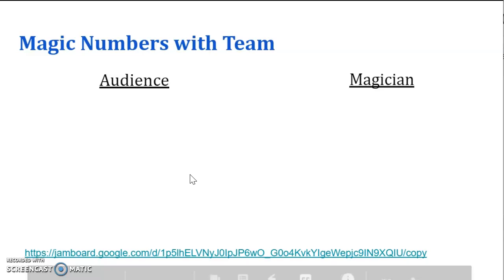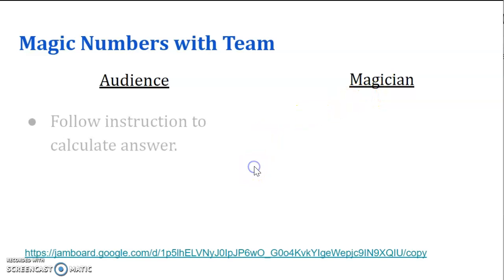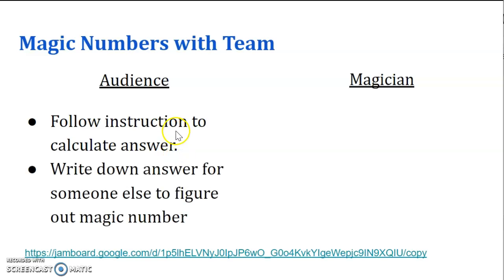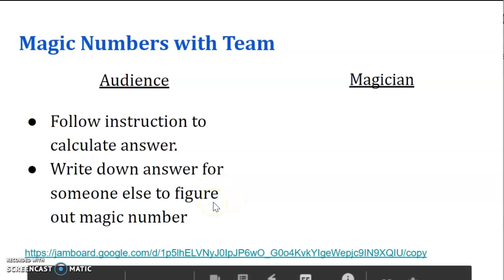Alright, so you're going to be working in your team, and you're going to be practicing this together. You're going to play the role of audience, and then you're going to take turns playing the role of magicians. You're going to use Jamboard. You're going to follow the instruction to calculate the answer. So the audience is going to do that and write down the answer for someone else to figure out the